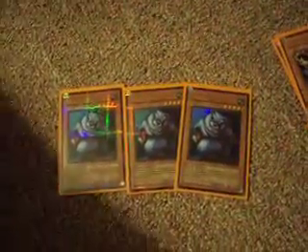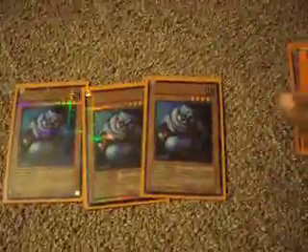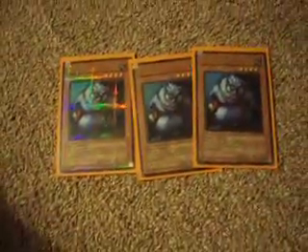Now here comes the techie parts that make it Gadget-Cat. Don't hate, guys. Three Giant Rats. Basically, it's a searcher. You can get through Royal Oppression, and then you can pretty much search out your gadgets, because gadgets get their effects when they're normal or special summoned. It's also a 1400 attacker, and it pretty much stalls out a lot. But more on that when I get to the more